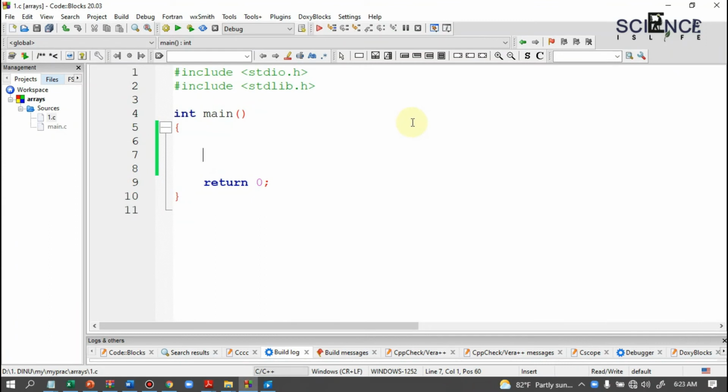Okay, first let's learn how to create an array in Code Blocks, right? So I told you that first we need to mention what is the data type of our array, and then we need to mention what is the name of my array. Then I am going to declare the size of my array as 10, right? So likewise you can create an array